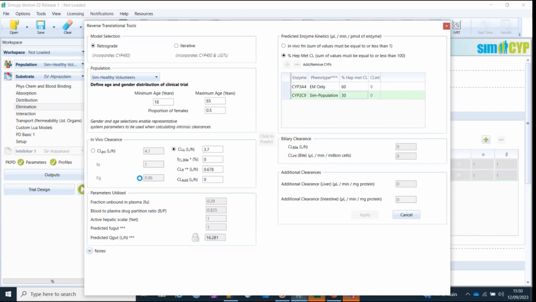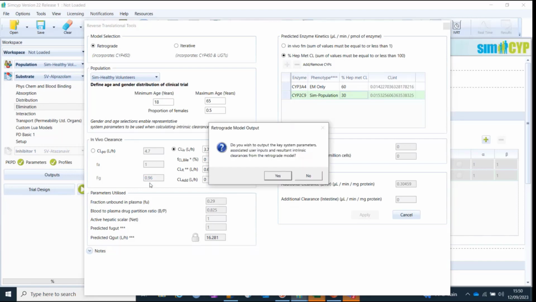If you believe that there's reasonably strong metabolism through there, then you probably don't want to have an FG of 1 here, because you're going to be considering that you have some metabolism occurring in the gut, even if you don't precisely know what that might be. So you can add a value in here that may not be 1,